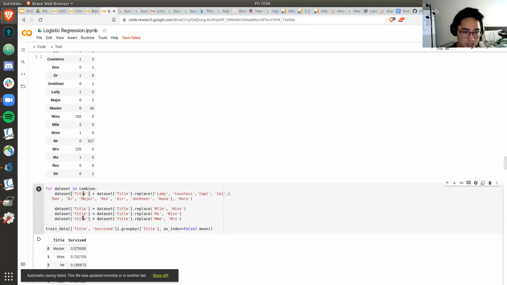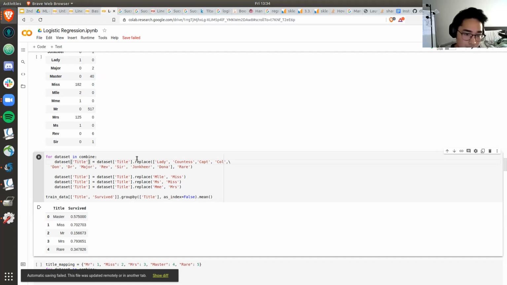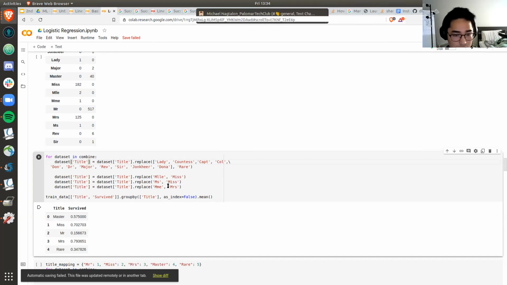Now the for loop iterates through all the data sets in the combine variable. So it gets the data set title, and then it replaces all the names that you think are rare. So for example, we have Lady, Countess, Captain, Doctor, and it replaces those string names with Rare.